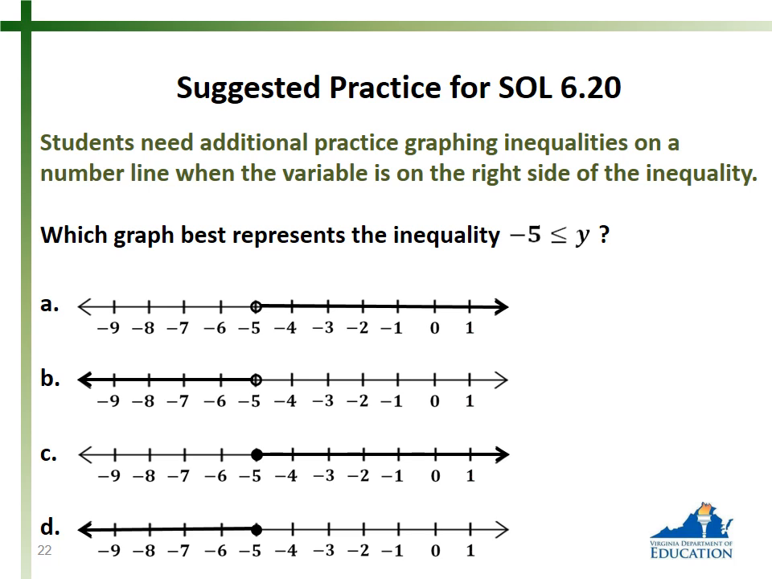So here we're given this, it says which graph best represents the inequality -5 is less than or equal to y. And you might think, wow, less than, so look what way the arrow's pointing, and you might automatically select D. But this one is a special instance because the variable y is on the right-hand side. And so if I'm going to rewrite this, I can rewrite this as y is greater than or equal to -5. And if that's the case, then I'm going to be circling